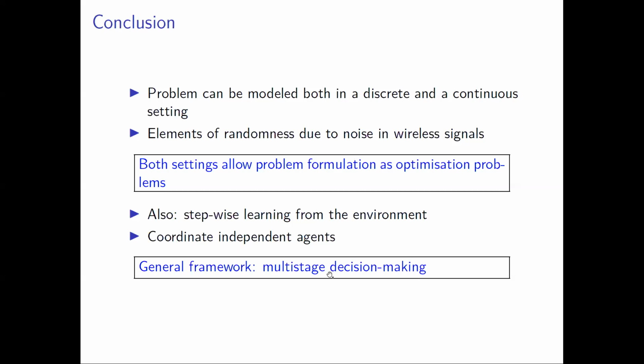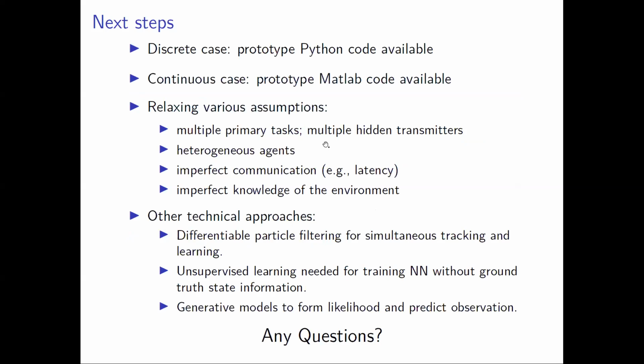Jori, I was going to bring you in on the next slide, maybe to talk about various ways of generalizing heuristics. So should we go there? So there's prototypical code, and I suppose there's a whole bunch of assumptions which should be relaxed as you move towards production systems. And Jori, what do you think about some of the heuristics in your search and how they would generalize for some of these cases? Absolutely. The discrete problem that I talked through can be easily generalized to cases where we have, for example, several emitters, several secondary targets.